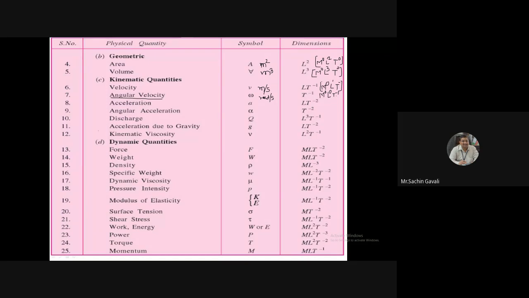With this, similarly, we have to write each and every quantity in terms of this MLT form. So discharge, we know what discharge is. The unit will be Q, meter cube per second. So meter cube per second means M raised to 0, L raised to 3 and T raised to minus 1. Then acceleration due to gravity, meter per second square. First of all, you understand our unit and you can complete. So everybody can complete this. Anybody? Okay. So what is viscosity? Kinematic viscosity means meter square per second.